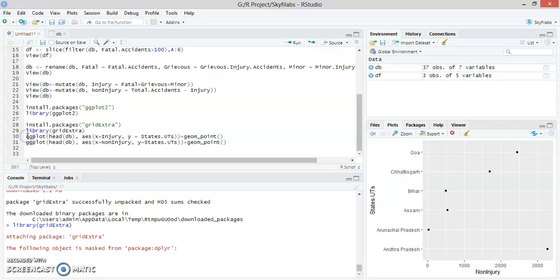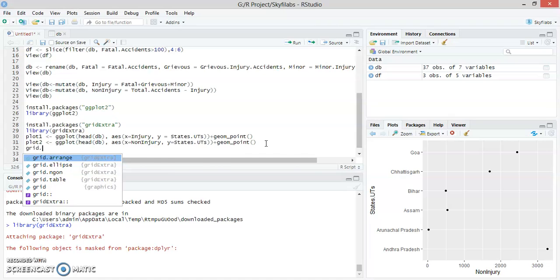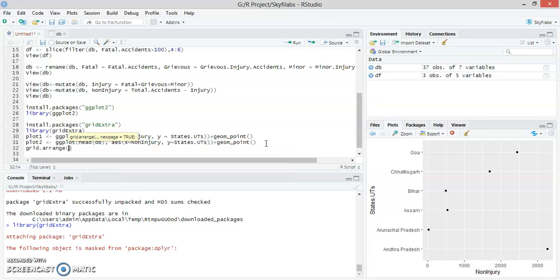Let's name these two graphs plot1 for the graph which is showing us the injury data, and plot2 for the graph which is showing us the non-injury data. Now we are going to show them on the same plot, so we are going to use grid.arrange.